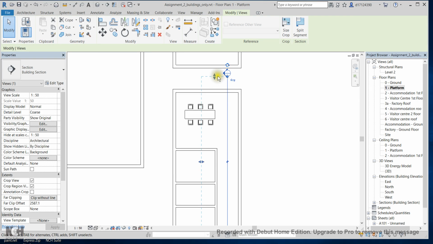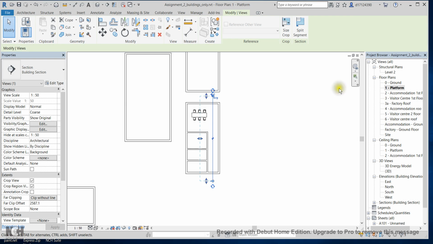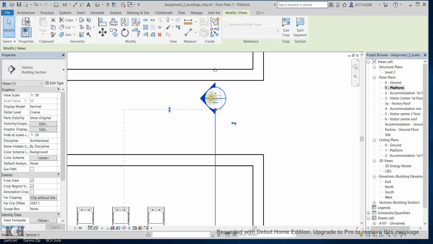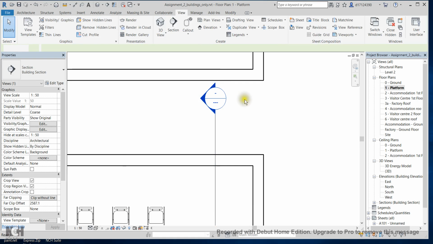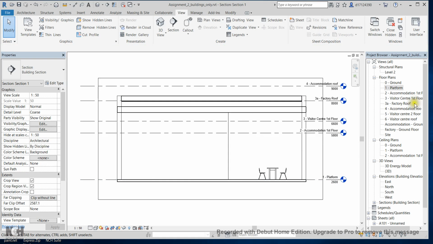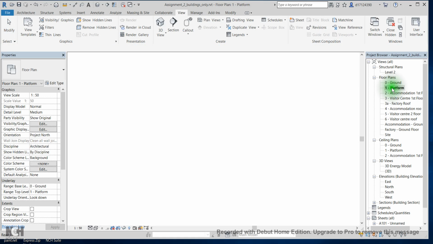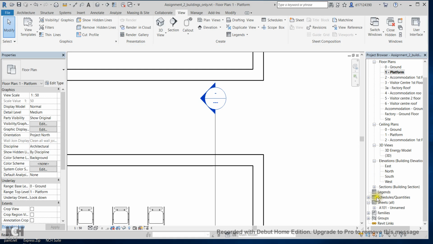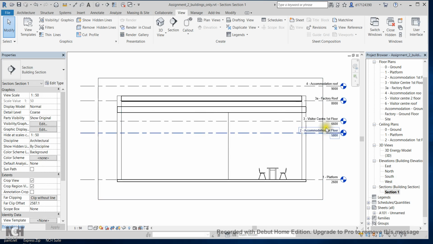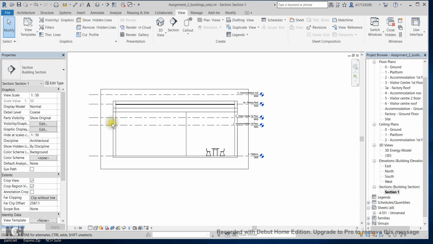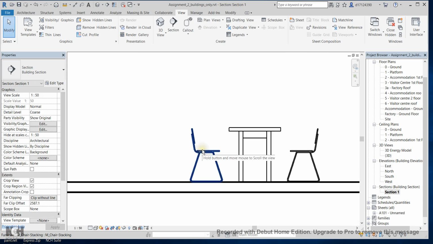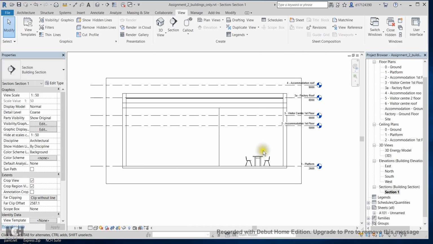At the moment you see this going as far as the middle of the table. So let's see what's going to happen. You can access this view by double clicking on this bubble, or you can go in here. There's a new building section tab, and you can go here and have a look at your section. So you can see you have your chairs and table, and if there was a window there,